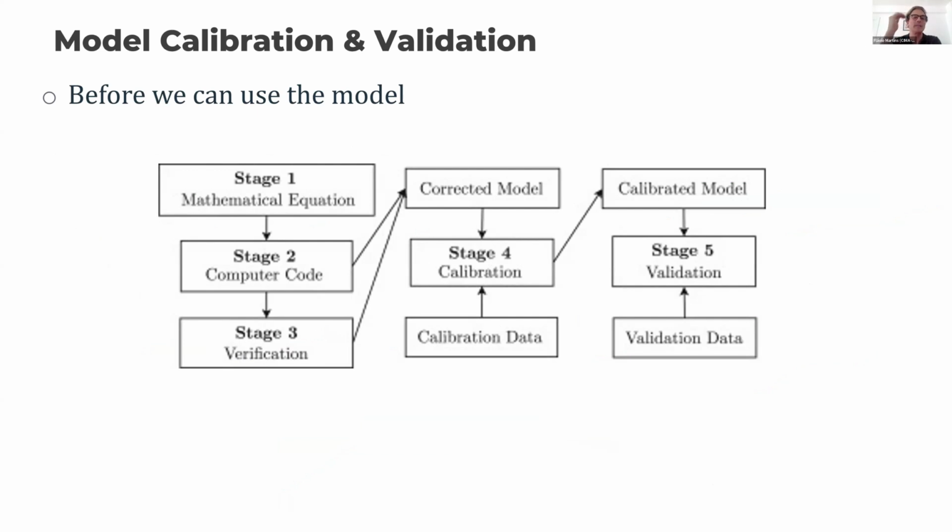After we do all this stuff, having a model running and producing results, maybe we are very happy with it. Whenever we look at model results, they look very beautiful. You can do very beautiful plots with lots of colors and it really resembles reality. But you cannot use it yet, okay? You cannot use the model results, even if they are beautiful, if you don't calibrate the model, okay?